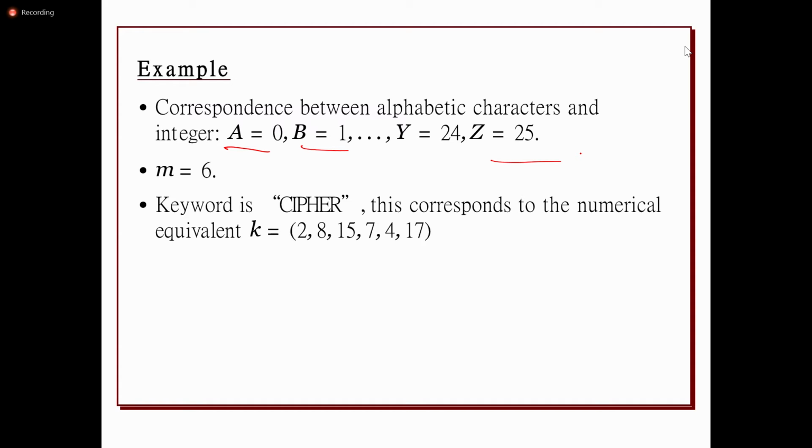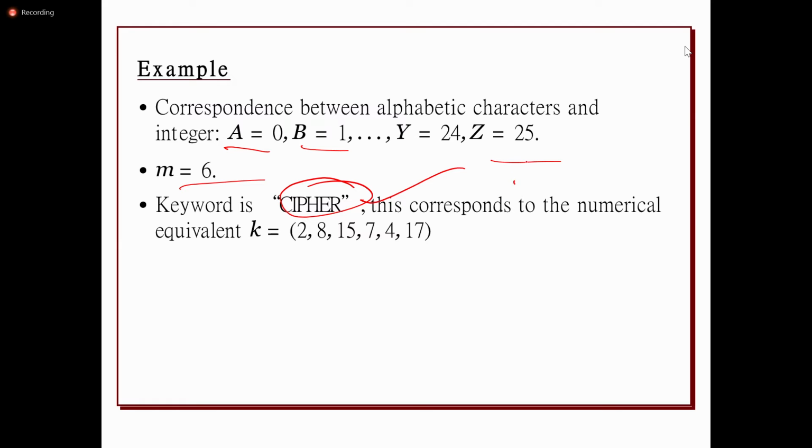Then we need to specify the block size. M equals 6 means it is the block size. How can we say that it is 6? It all depends on the size of the key. The key is a word here, that word is cipher. It has 6 characters, I mean 6 alphabets. So the plain text will be divided into n number of blocks where the size of each block is 6 alphabets. Once we take the key, we need to take the numerical value of this key.